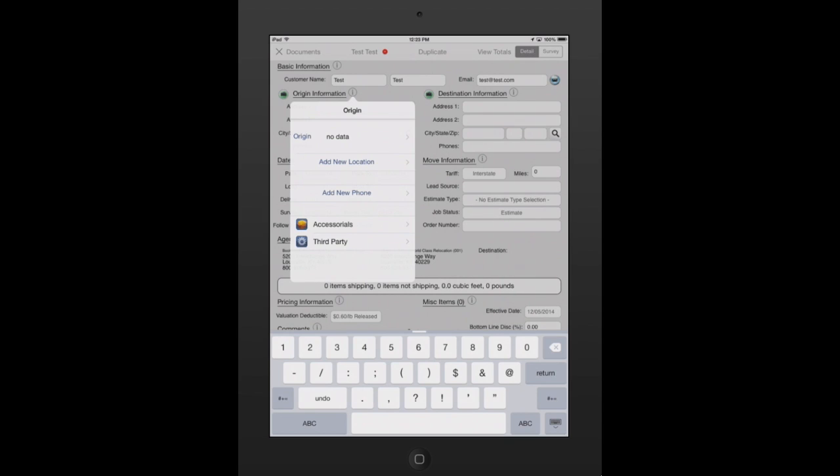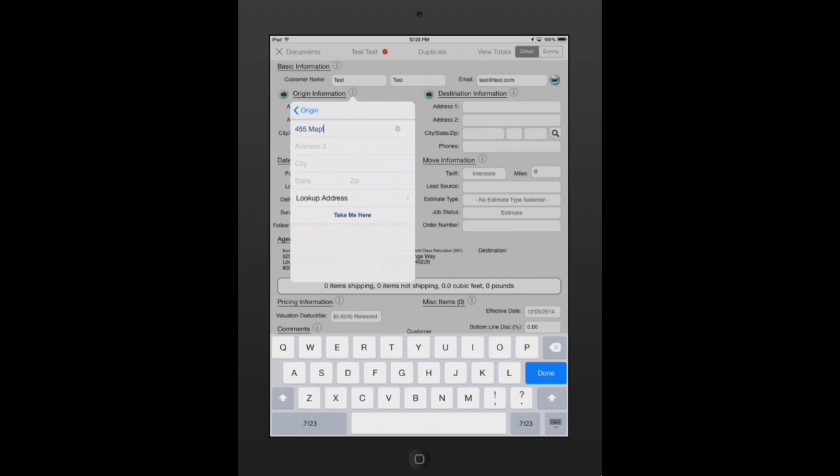In order to enter an origin address in, just touch the screen on no data. And what it does is it pulls up an address field. From there, I'm going to go ahead and put in the address. So I put in 455 Maple. I do want to go ahead and put in a city, state, and zip, or if you already know the zip because you're at origin, you can enter in the zip code here,